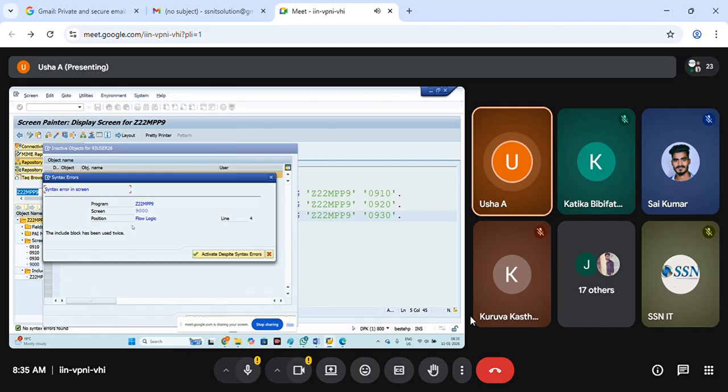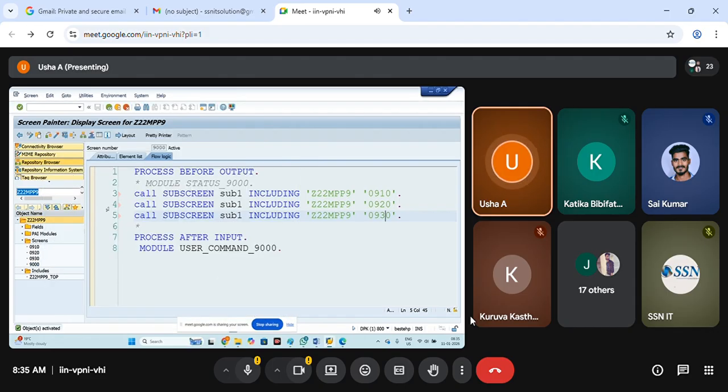Screen 9000 flow logic, line number 4. What is that line number 4? Call subscreen. Okay, sub1 only I have given. What is that sub1? Already done. Sub2 under tab 2, sub3 under tab 3. Correct, that's the reason it is showing that. Save this and then right click and activate.